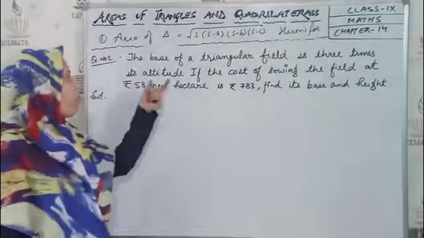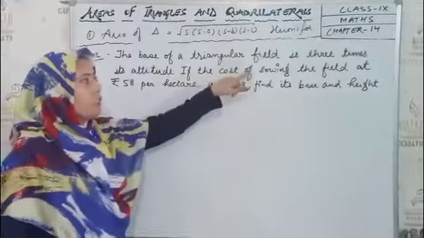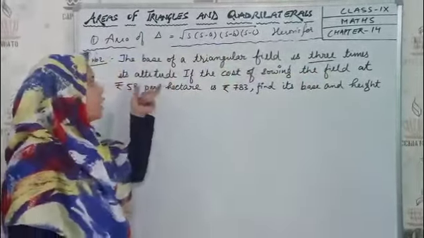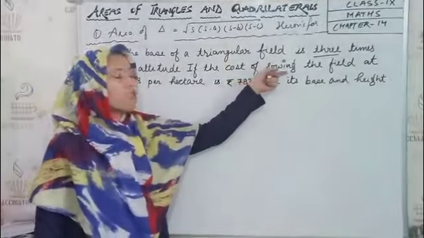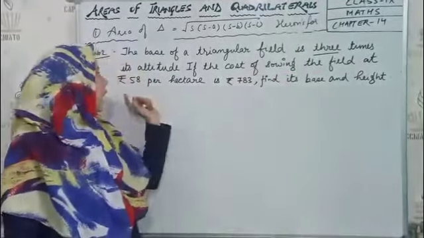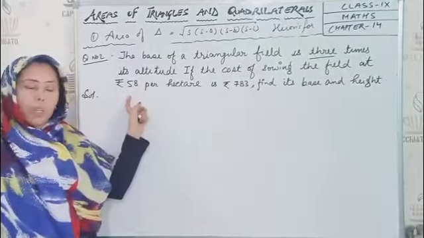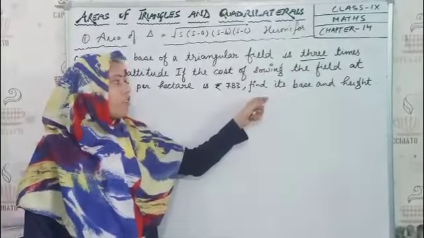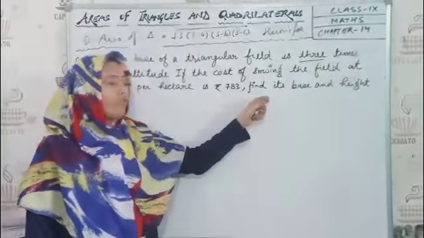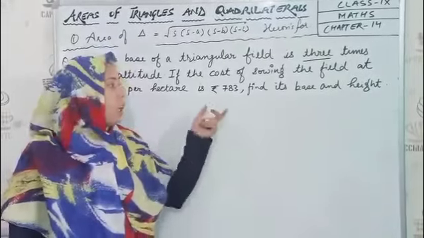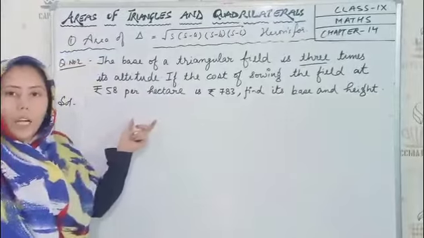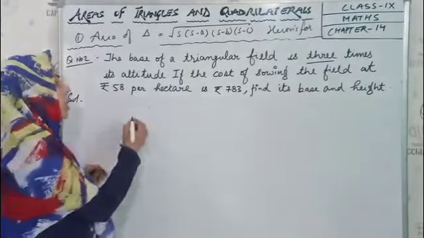Question number 2. The base of a triangular field is 3 times its altitude, and the cost of sowing the field at rupees 58 per hectare is rupees 783. Find its base and height. This is the question. You have to find base and height. Area is not given. They have given you the cost of sowing, the total cost, and the rate of sowing per hectare is given. So we know that